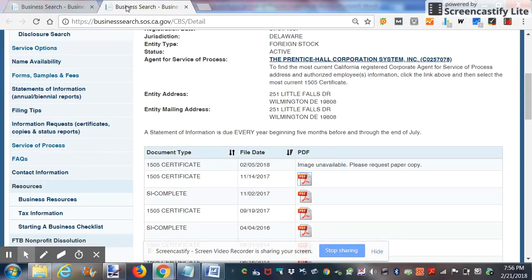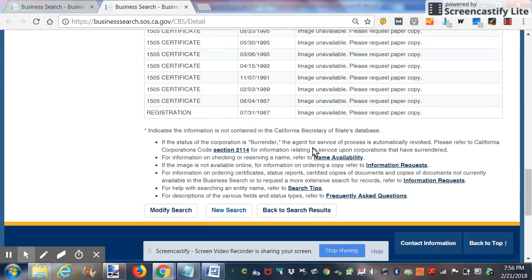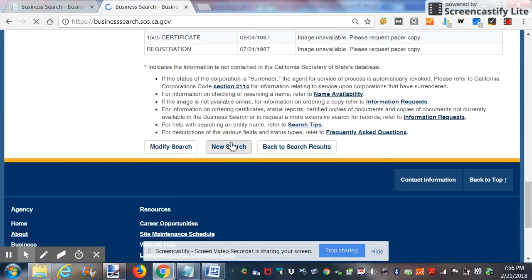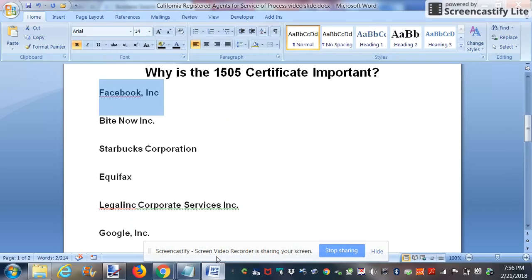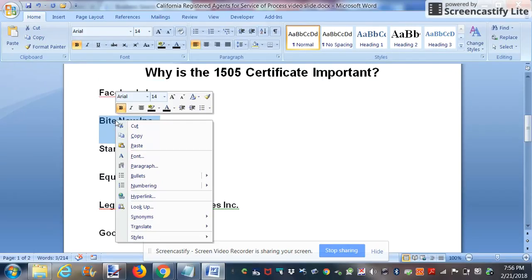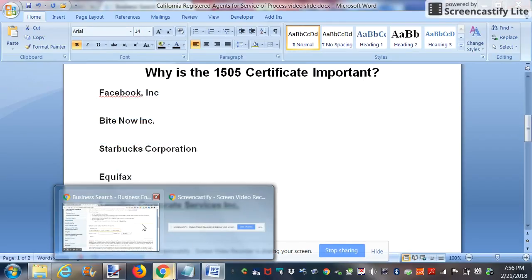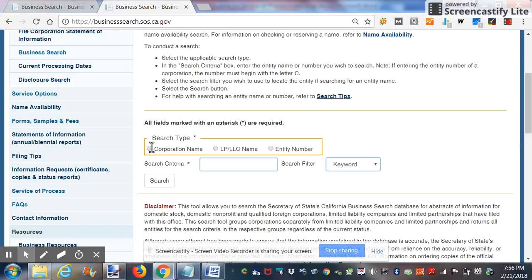So we're going to do another search. You just go back to this screen, click new search. That's going to take you to the search box again. So we're going to choose another entity. Right now we're going to choose Byte Now Inc. Let's say you're trying to serve a subpoena for records for Byte Now Inc. So you just check the corporation box, put that information here, click search,